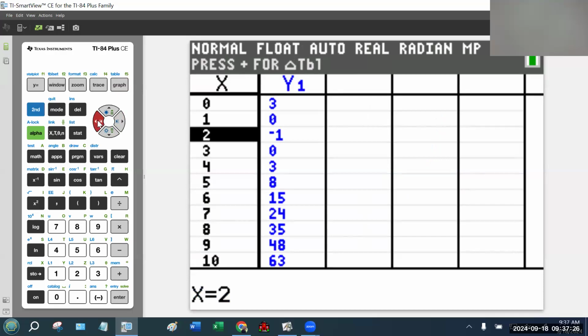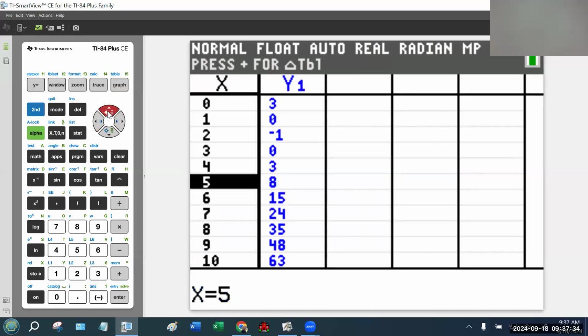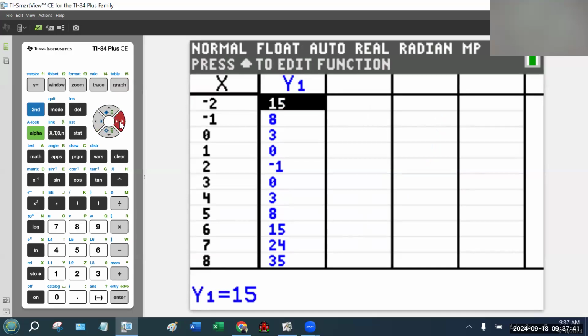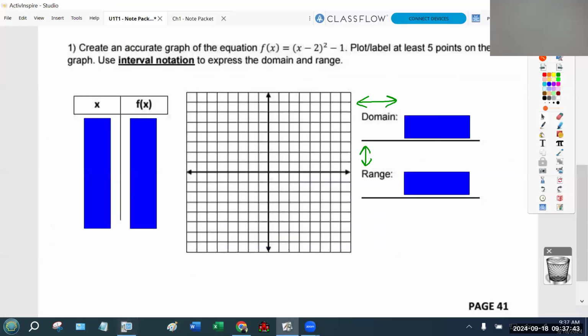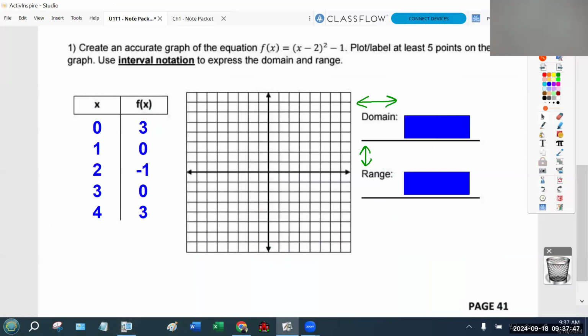I quite frankly don't care what points you get, but remember, don't take points that have values that are off the graph. Okay, so the 15, way too big. That's not going to help me. And if I want to go back, I can take 0 or -1, but I can't take -2 because it's off the graph. Now, the points I decided to take were these. Not that you would have to take those exact 5 points. You have your choice of which points you want. But when I create that graph, it ends up looking like this,